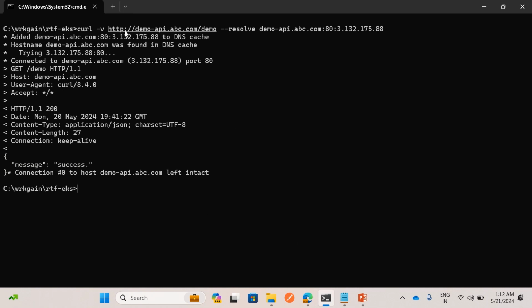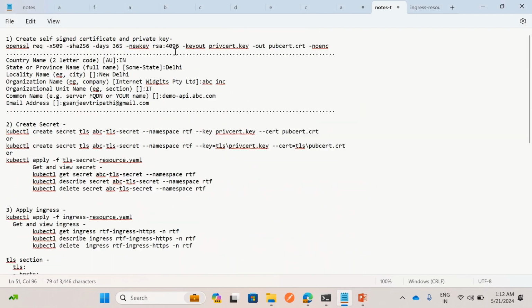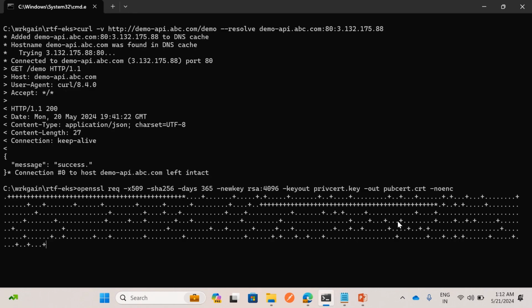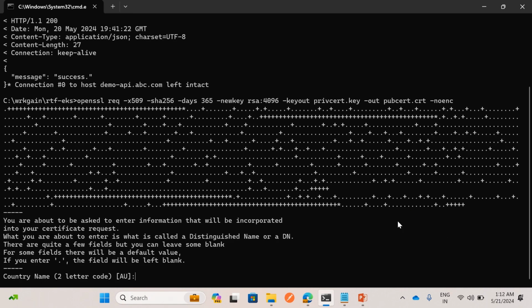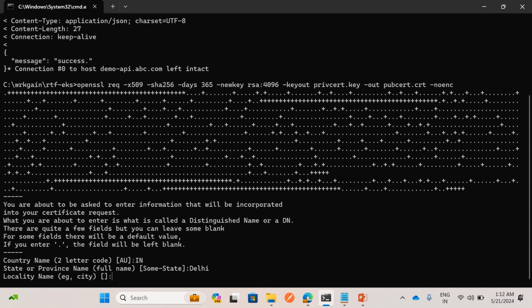Now I will configure the TLS for NGINX Ingress in Runtime Fabric. For that, first I need to create a self-signed certificate and corresponding private key. So I will use this command to create the self-signed certificate and private key. For country name, I will give India, state Delhi, city New Delhi,